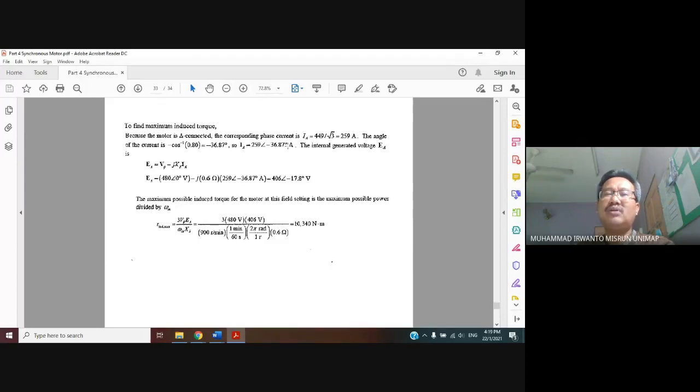Nah, so we have to calculate it back the value of EA. Inilah ya. Dia kan beza dekat IA saja, dengan IA untuk angle. Nah, so we obtain EA. After that, the value of EA we substitute to here lah. Ya, obtain 406 multiply phase voltage 480 multiply 3, same ya. The speed is here. Okay, omega m. This one is value of omega m. XS is 0.6.